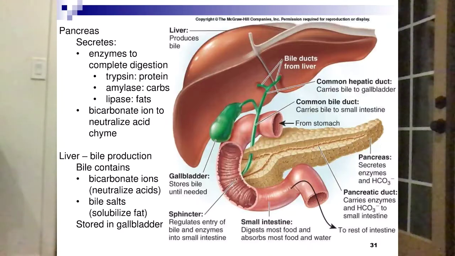Okay, so lipids are pretty hard to digest. And so even though we have the enzyme lipase, we also need some help from the liver. So the liver creates a substance called bile. It contains salt in it, and it contains bicarbonate ions. And so the bicarbonate ions also help to neutralize the acids, but the bile salts help to what's called solubilize the fat. So if you think of